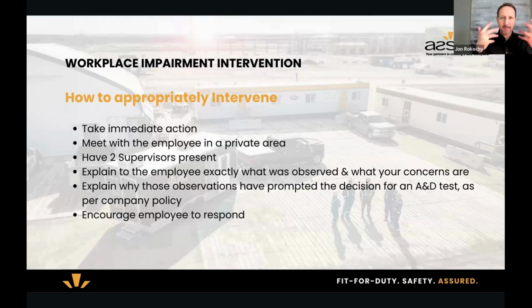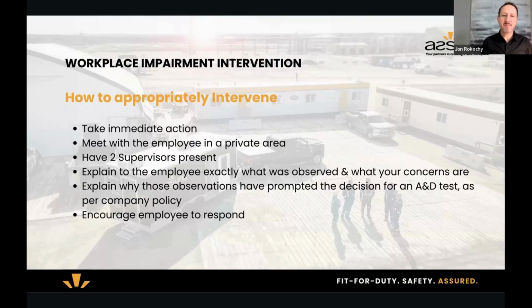I want to make sure that I'm seeing clearly and that somebody else can verify what I'm seeing. I might believe this person is under the influence right now, or maybe they're just hungover. Some of these areas are gray and we're not entirely sure how to intervene. We want somebody else to support us in that, so that we can be sure we're dealing with this appropriately. And if anything ever comes back where an employee would take action against you or against the company because of this situation, it's good to have another supervisor supporting you in this decision.